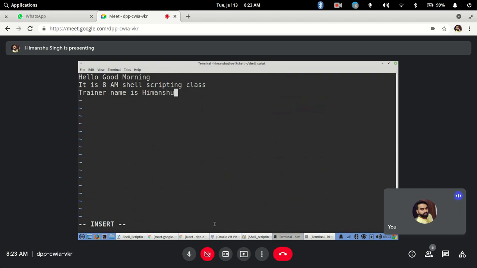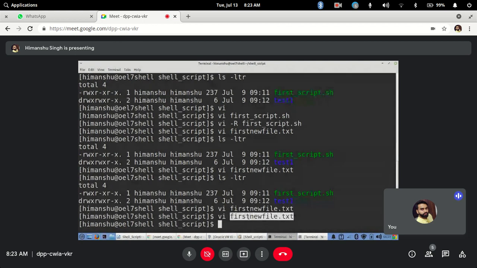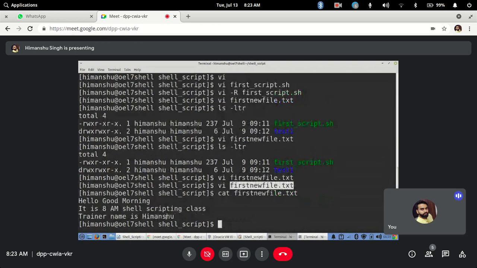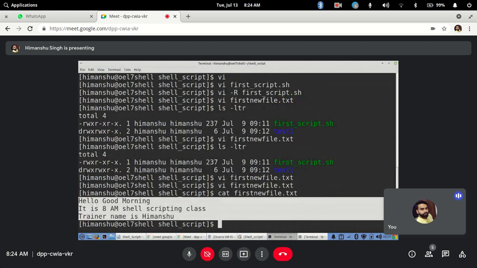Now earlier what we did, we saved the file and then quit separately. Now I want to save and quit at the same time. So what you will do is go back to your command mode and say colon WQ. What I am telling it is to first save the file and then quit. Hit enter and the file has been saved and quit. So if I want to just read the file, I will use cat. So these contents are written to that file. Clear?